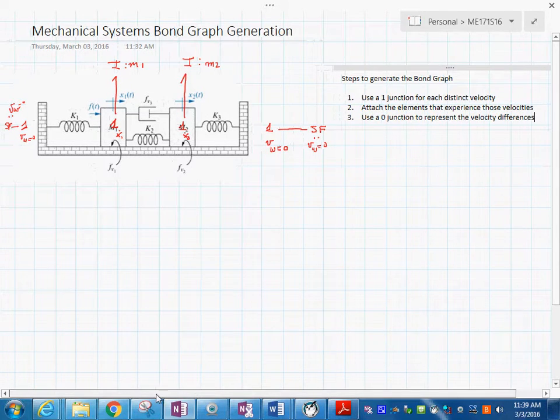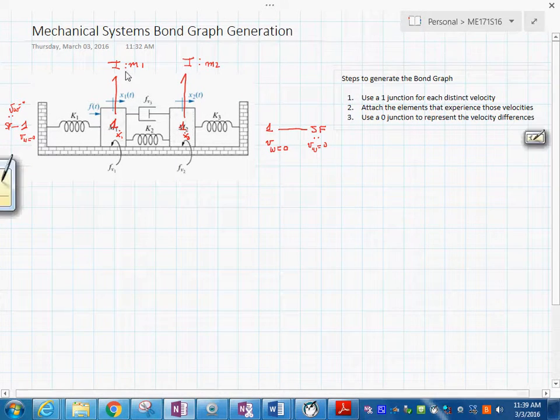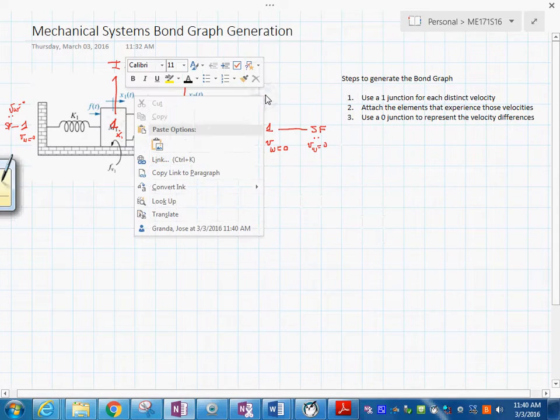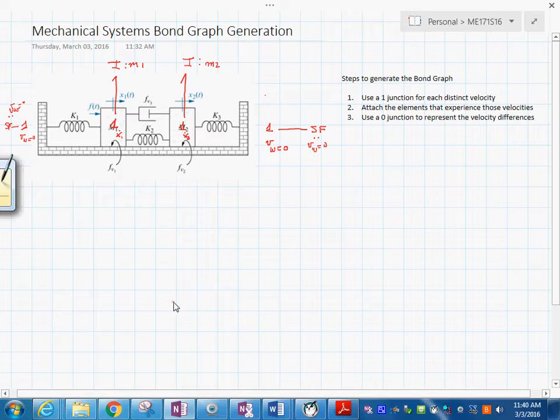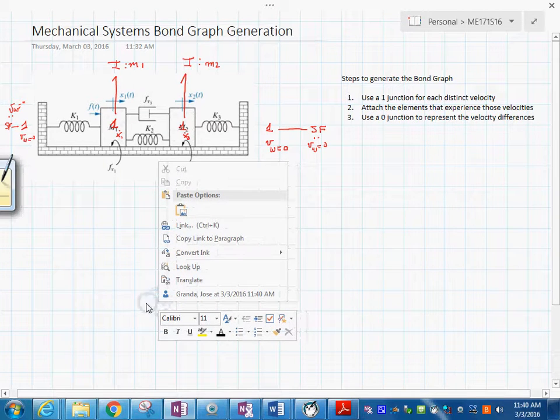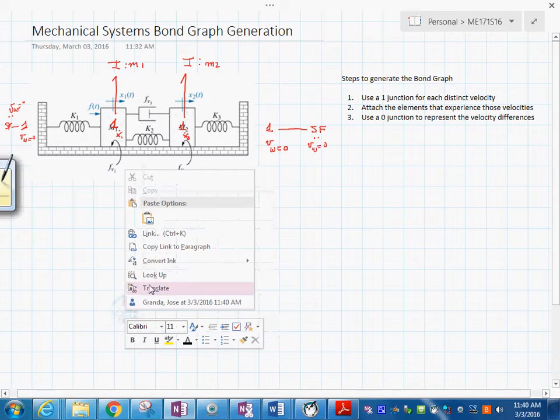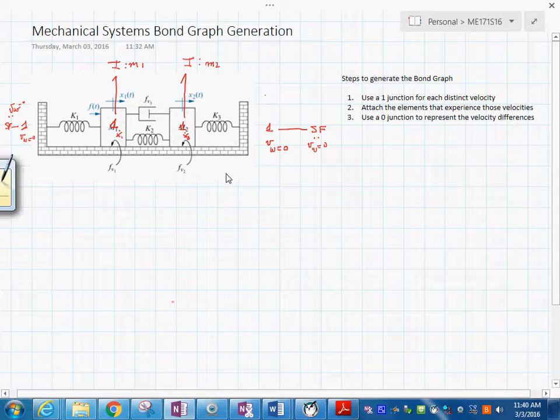Hold on for a second. You have this velocity differences in between this and the wall. There's obviously this element. See the difference between this. Between these two elements, see the difference. Between these two, this one sees the difference. So what I'm trying to say is, let's build this zero junction that says,